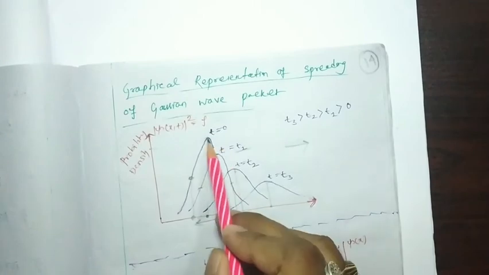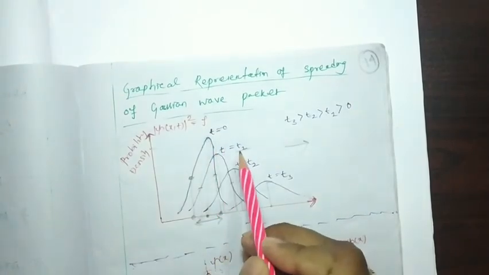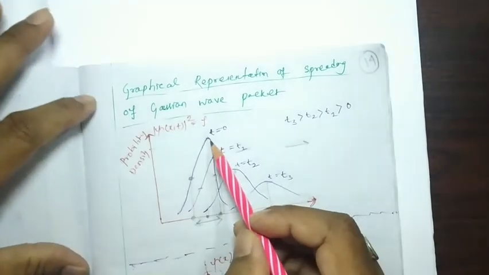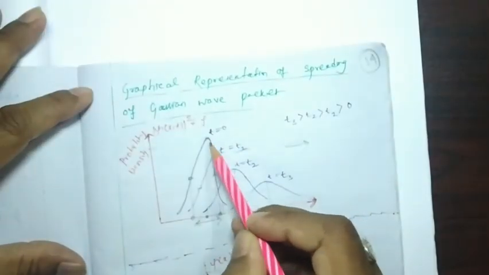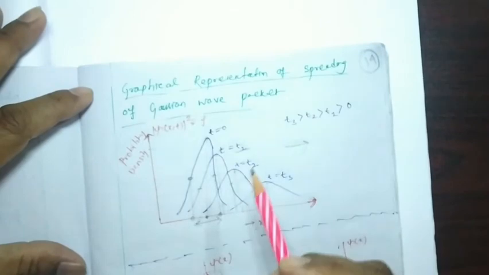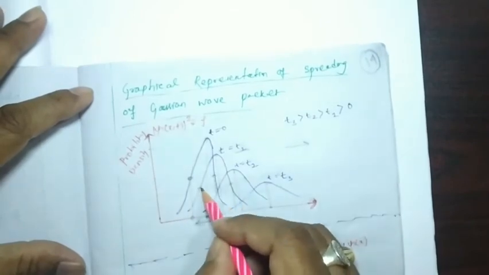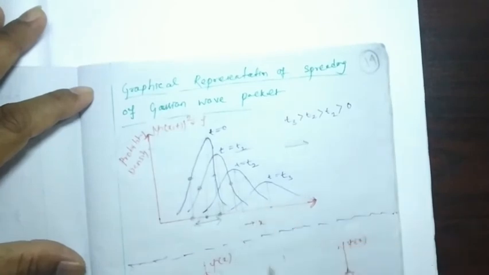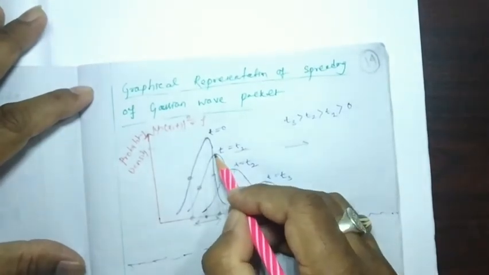Next, when it moves from t equal to 0 to t equal to 1, the maximum probability density peak is reduced from here to here. But the reference points, where we find the probability density to be 1 by e, or 37% of the peak,